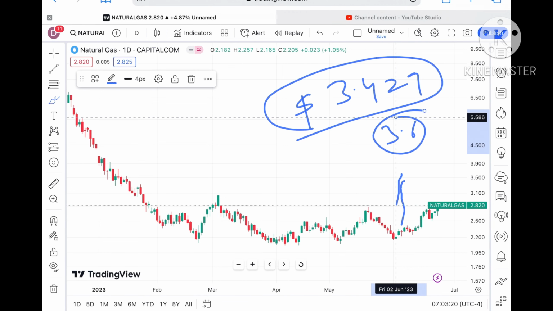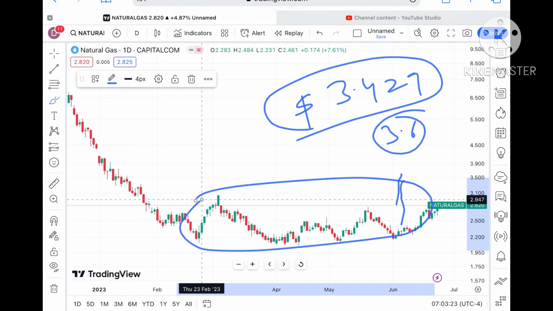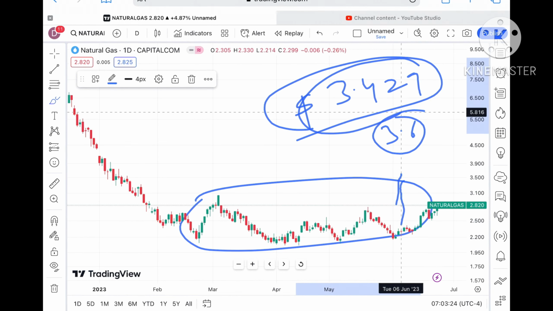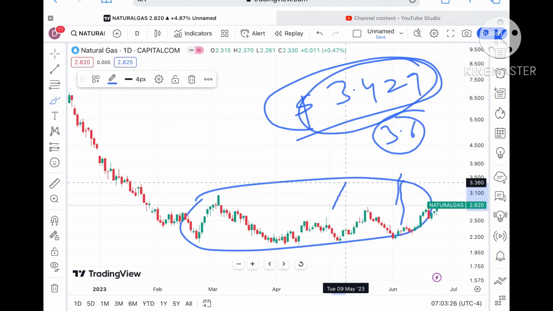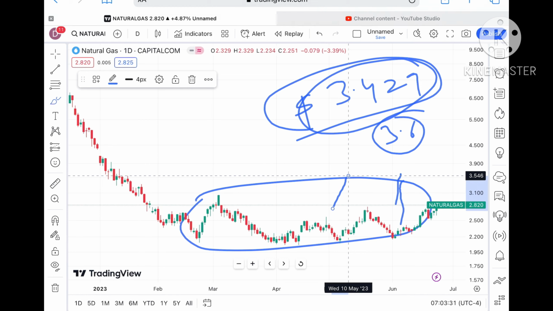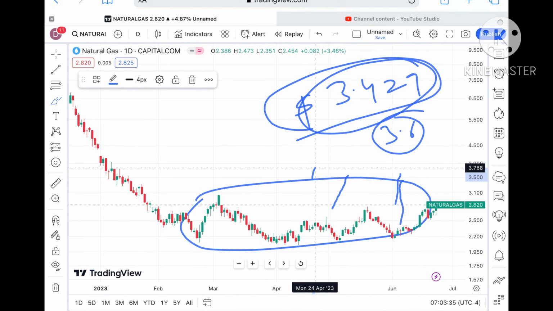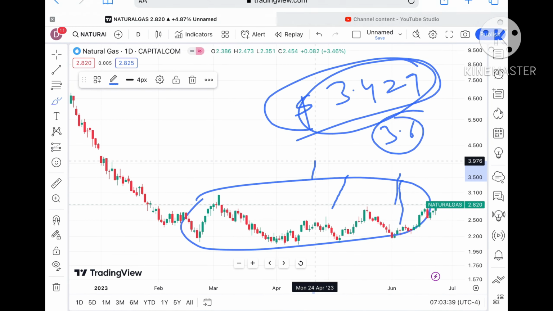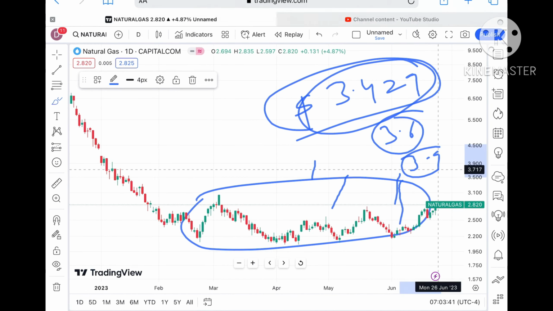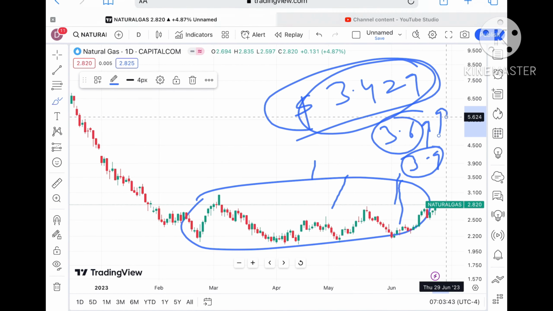So keep it in mind that once the price sustains above $3, only then can we see a level of 3.3 to a level of 3.429, and from there it can touch a level of 3.6. Most of these resistances are already being tested, so the probability of going further upside is there. Once the price sustains above that level, we can see a level of $3.75 to a level of $3.9, and then further upside if the price sustains that level.